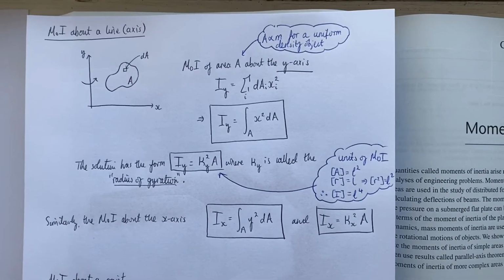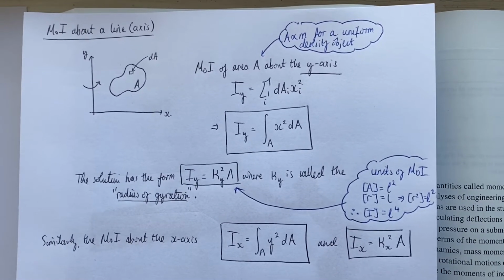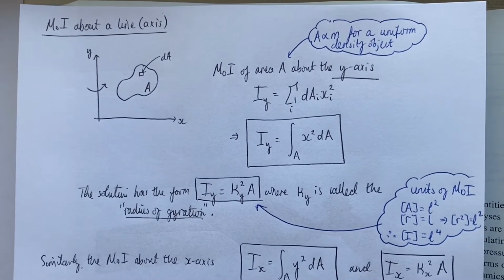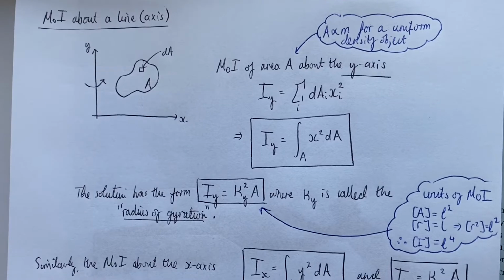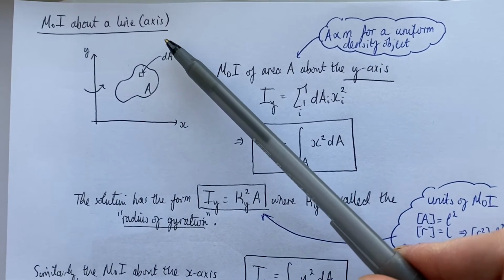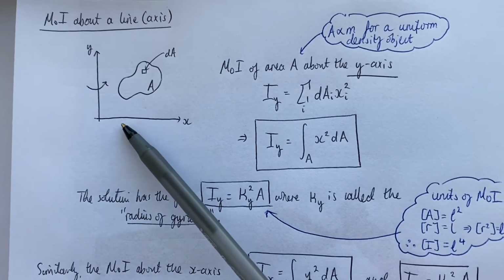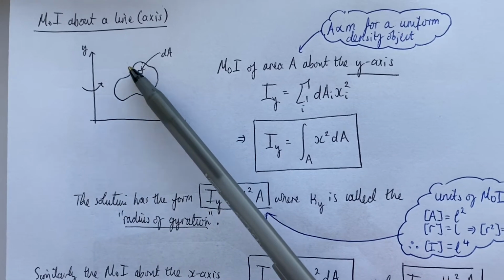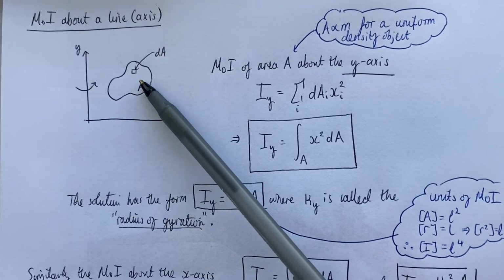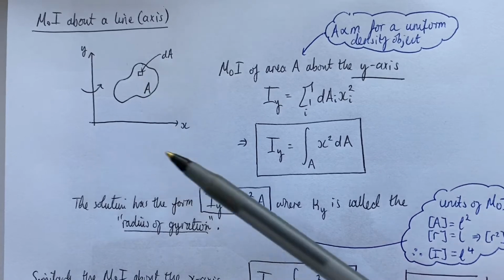Alright, so let's go ahead and formalize and generalize what we've just been talking about for an arbitrary shape in the two-dimensional space. So first let's consider the moment of inertia about a line or an axis. So here we have the xy plane, we have this arbitrary blob with area capital A, and we can split this total area up into these little pieces dA, as we've seen before,